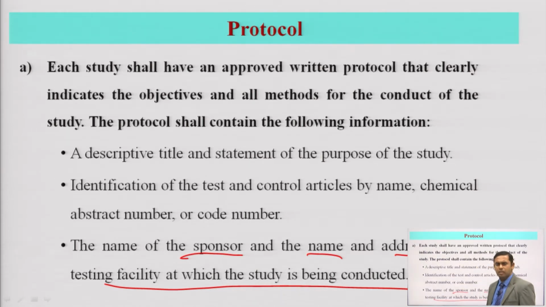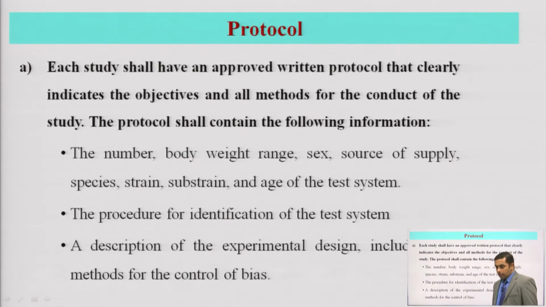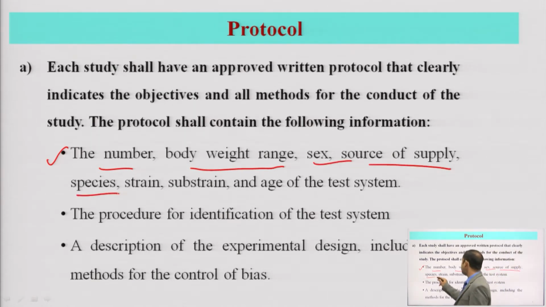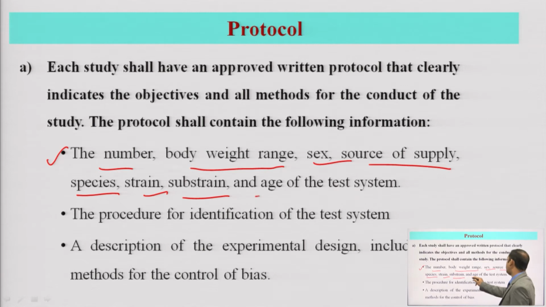So, it will help to understand if anybody is actually trying to evaluate; for him it will be very easy to see. Then you should also give the number, body weight range, sex, source of supply, species, strain, substrain, and also age of the test system. It is also very much important. The number,